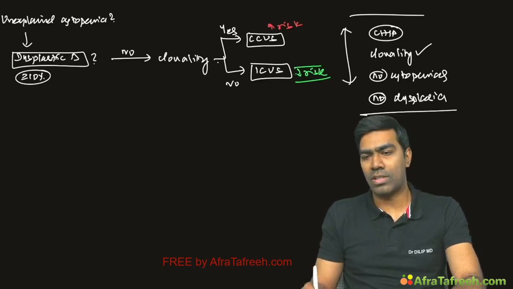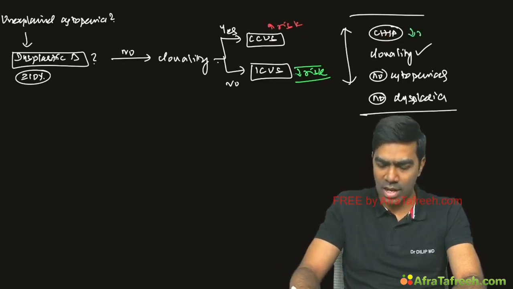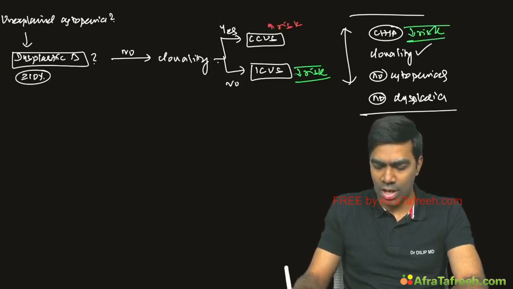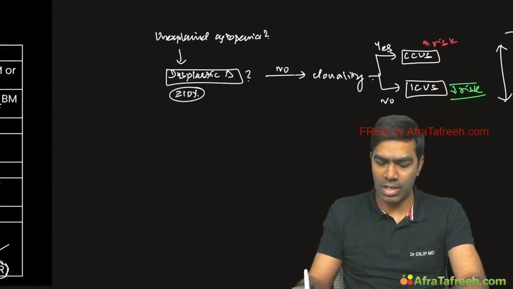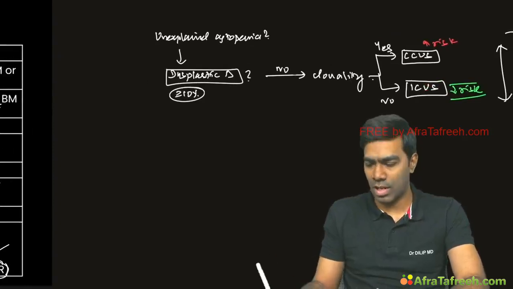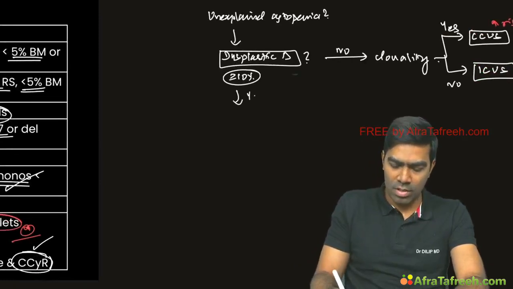This is what we call clonal hematopoiesis of indeterminate potential, and that is also going to have a low risk of getting transformed into MDS or AML. But in the exam, they might ask about CCUS or ICUS and how you will differentiate them. So, if you are going to have